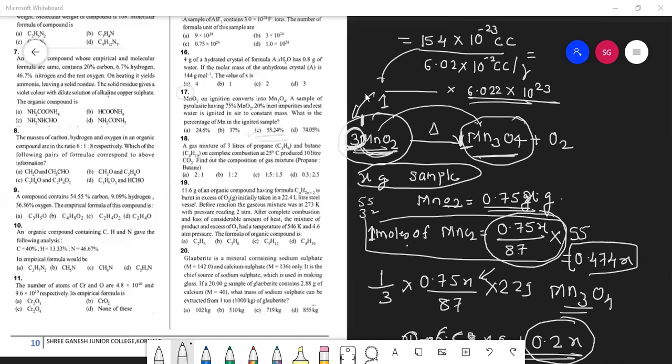Okay, now next question. See students, this was a higher level question. Question number 19 we will solve afterwards, because this is from the states of matter chapter. But why is it here, students? Because in IIT, 2-3 chapters they will club together and frame the question.